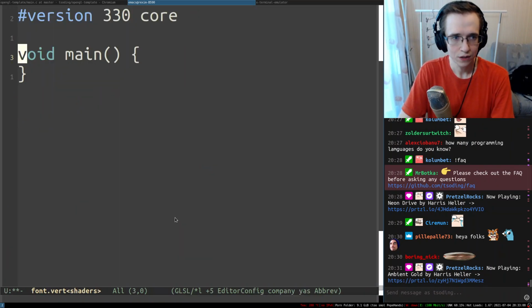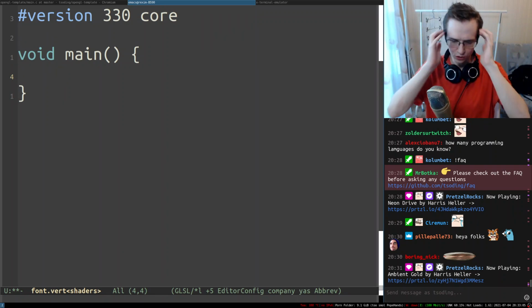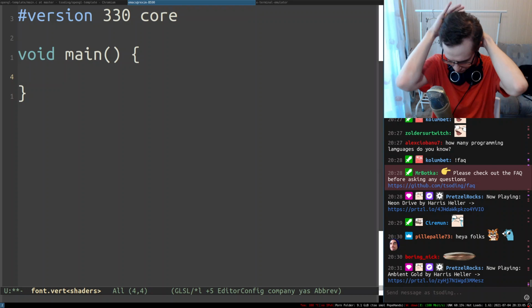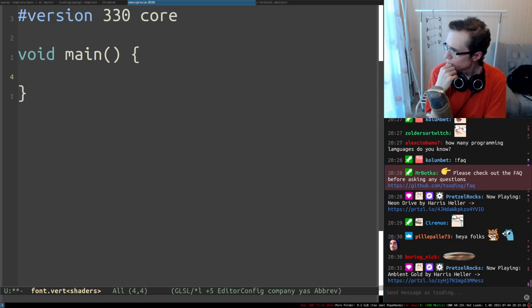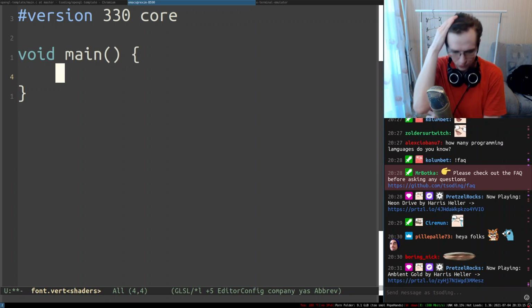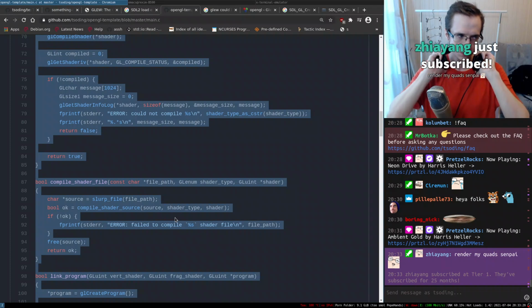All right, so that's nice. Okay, so what do we want to render in here? I suppose for now we can just simply render a quad of a solid color just to test things out. So I suppose we're going to base that on the